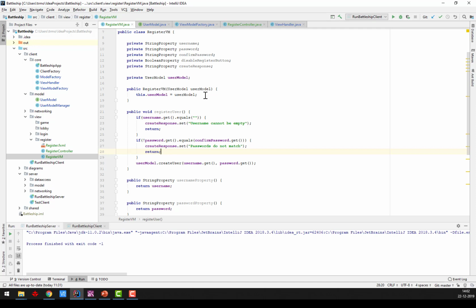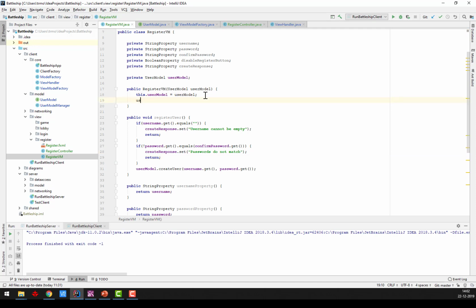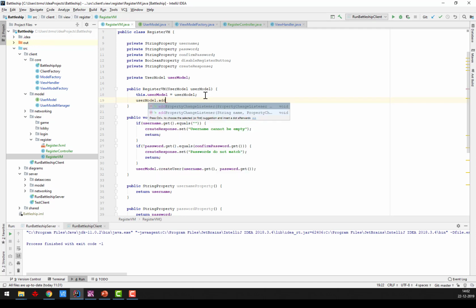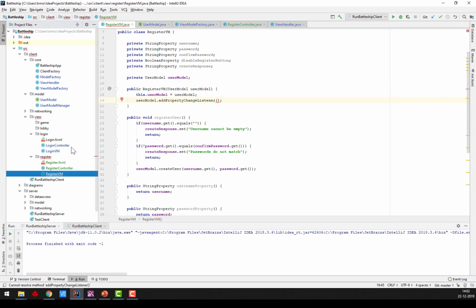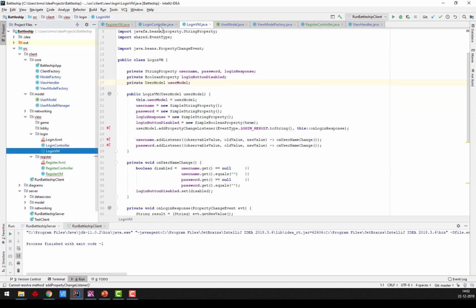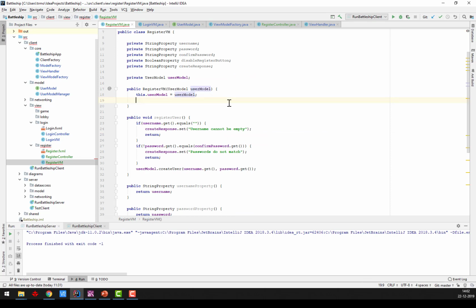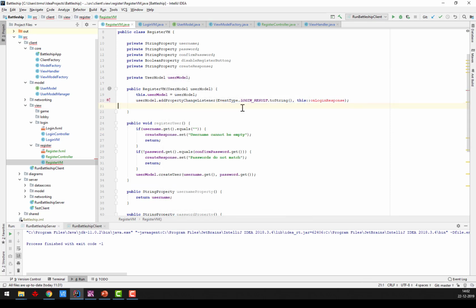Maybe that's it. I also need to listen for the response. So we say add property change listener. Now let me just check what I did in the previous one. Not here, there. We're listening to login result. Okay, so I need something similar to that one. We'll just copy this. But instead of login result